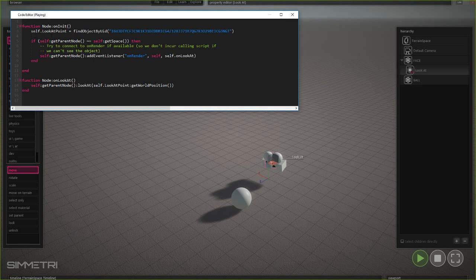So the look at object is the sphere that's being looked at. And the way that the look at function works is it needs to see, this is the sphere, self.lookAtPoint. Self.lookAtPoint is that object. This got figured out when we clicked on the look at point. So self.lookAtPoint is referencing this sphere. So when we run this function down here, self.lookAtPoint is the sphere, and when we go and get its world position, we do that every frame, and as